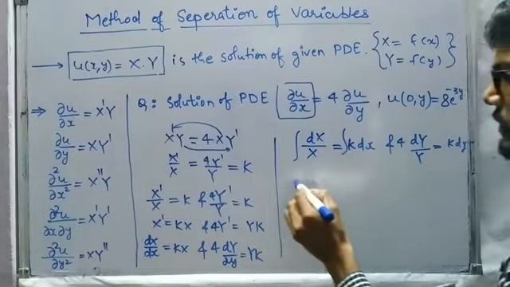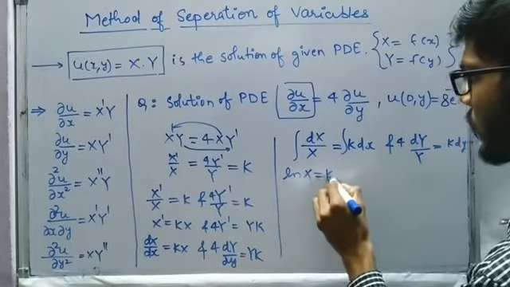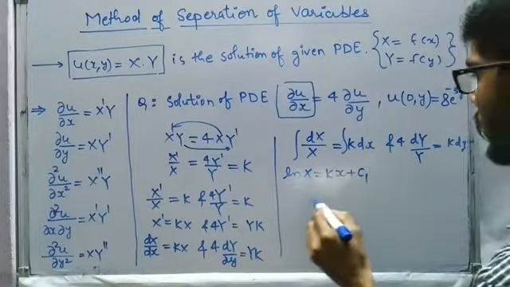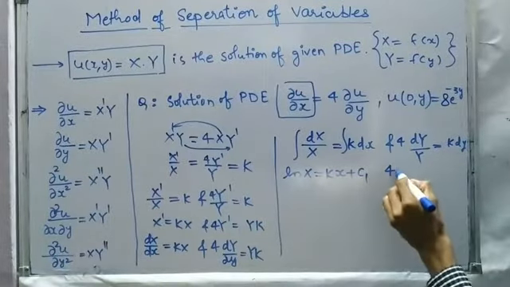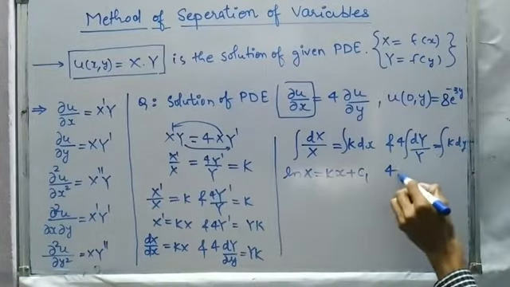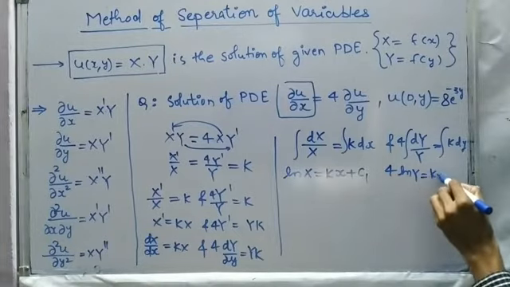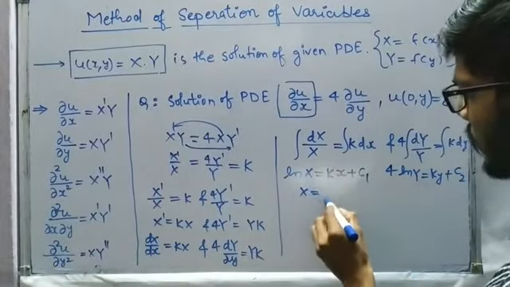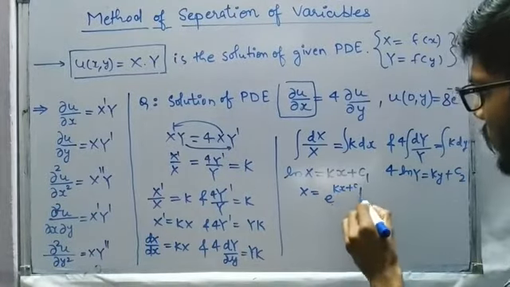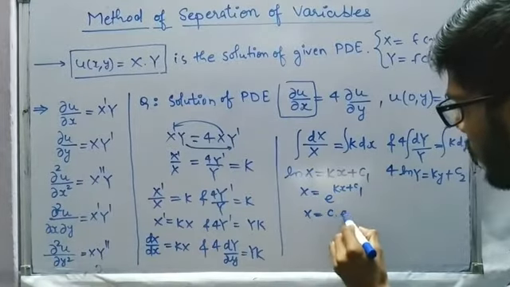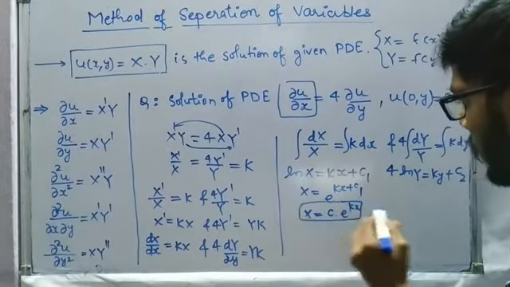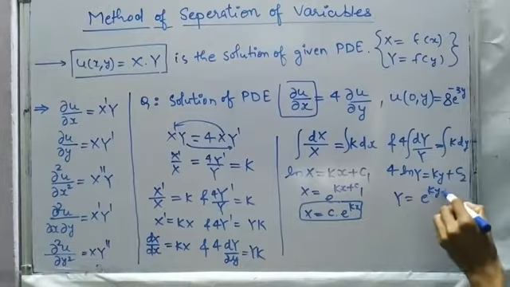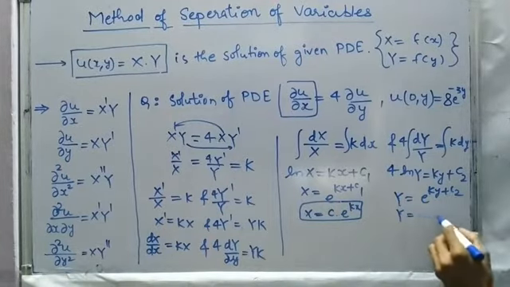The integration of 1 by x is nothing but ln x, and this will be k into small x plus an integration constant, let us say c1. And here, 4 into the integration of dy upon y will be ln y is equal to k into small y plus another constant, c2. So from here the capital X will be e power kx plus c1, so we'll write it as c into e power kx. So e power c1 we are going to take as another constant c, and from here we have Y is equal to e power ky plus c2, and again we are going to write the constant